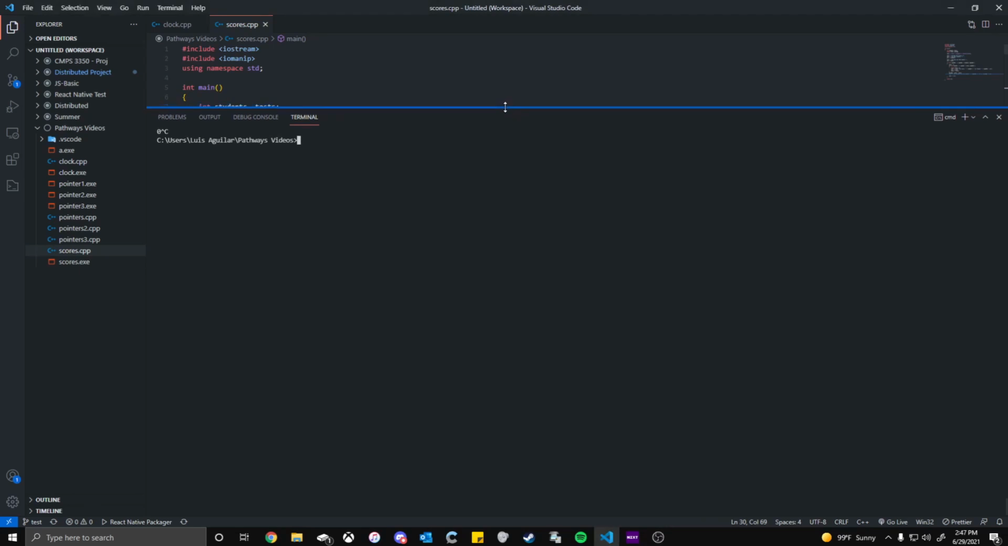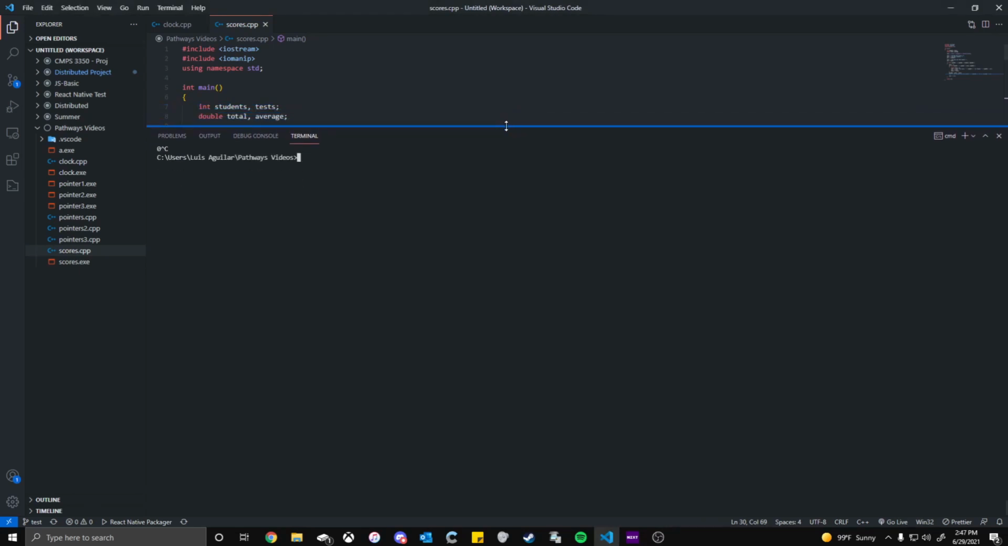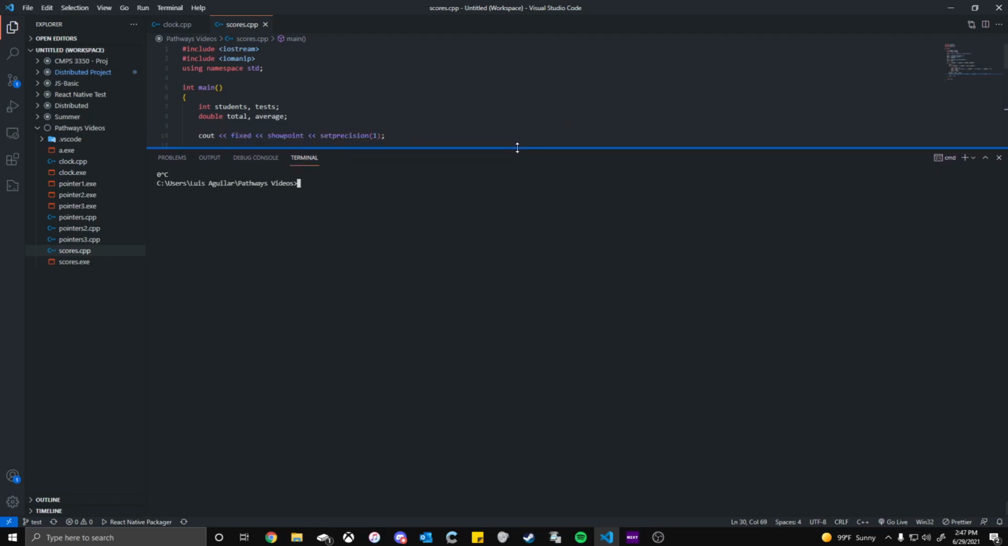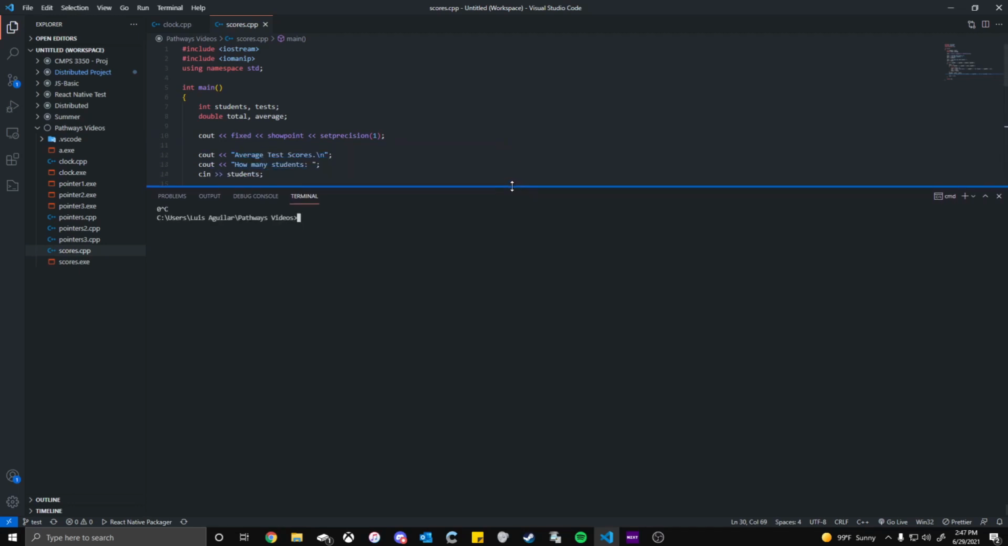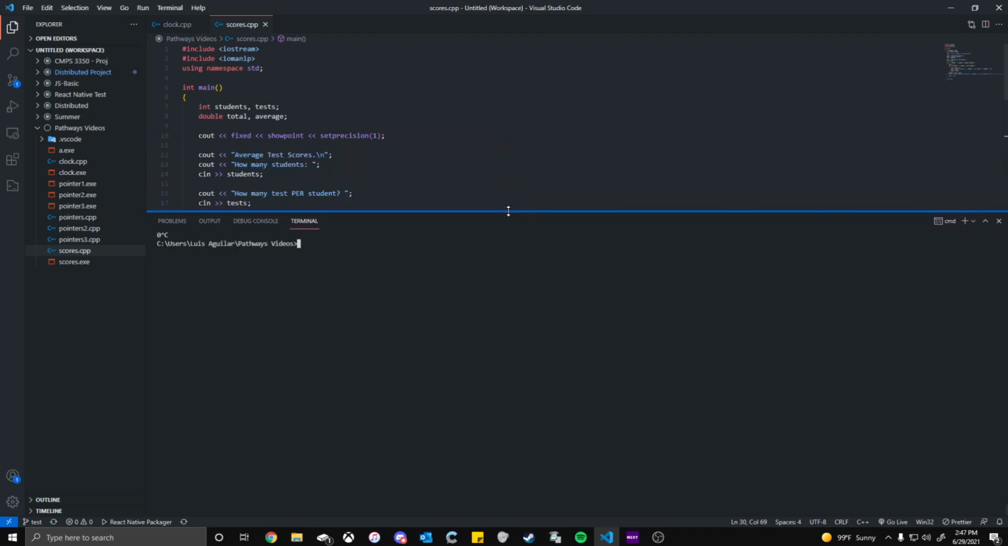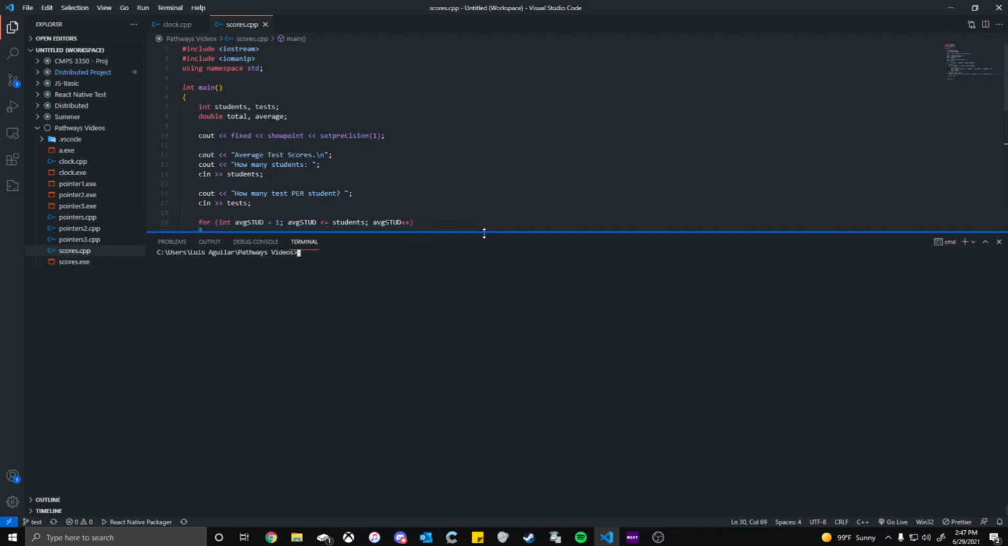So let's see that, right? Here on lines 7 through 8, we are just setting up our variables, so students, tests, and then doubles, total, and average. Here on line 10, we just have formatting once again just to make it look nice. And then lines 12 through 17, we are prompting for the amount of students and the amount of tests per student that we want. And then here on line 19,